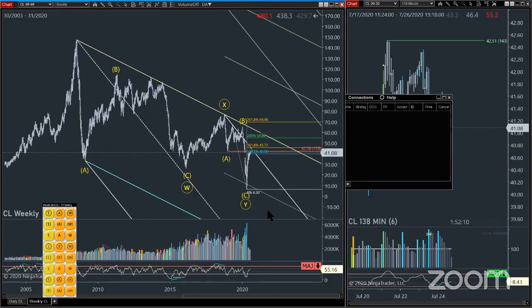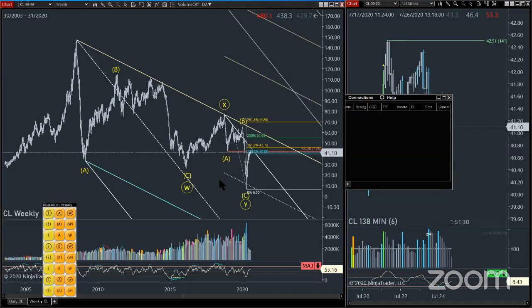And that would be your final ABC down. A lot of times in these double 3 patterns, I mean, this is a huge pattern, obviously, from 2007, I think it's 2006, 2007, 2008. A lot of times that last leg, the Y portion of the double 3, will be a lot smaller than the preceding ABC. And the A wave down, a lot of times, you know, when you're learning Elliott wave